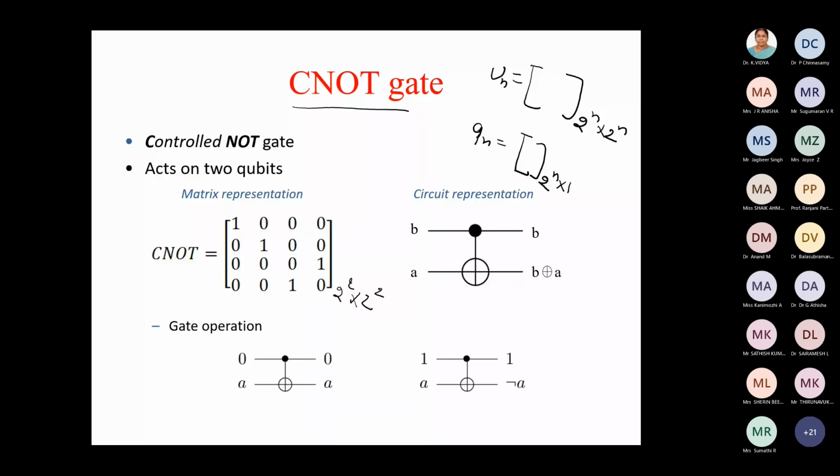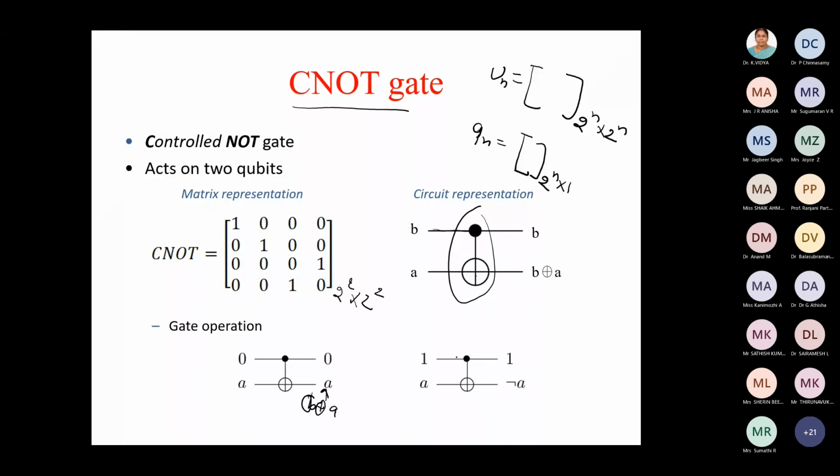And what this gate does is, there are 2 qubits. One is control and the other is target. Here the solid dot denotes the circuit representation of the CNOT gate. What it does is, whenever the control qubit is 1, it will change the target qubit. So A will become B XOR A, which means it will flip. Whenever the control qubit is 0, the target qubit will remain the same. Basically B XOR A, and here B is 0, so 0 XOR A will remain A only.